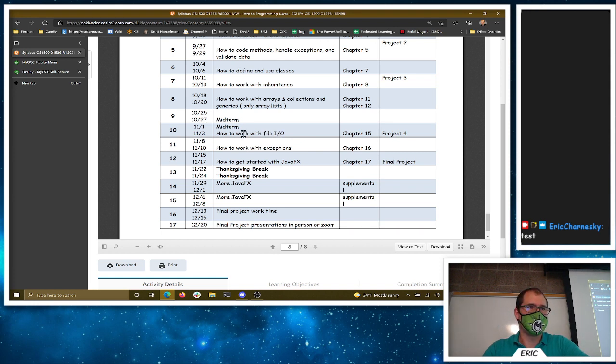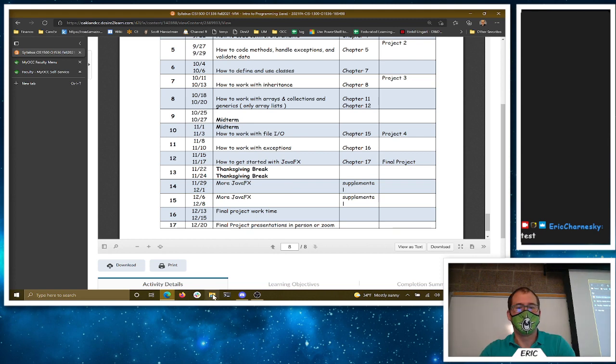The chapter goes over two types of files. The first one being text-based files, which is what we're familiar with. You open up a file, you can see the text inside of it. So all the stuff we've done so far in Java has been text-based files. All of our .java files are text files. You can open them up and look at them. The other type of files are binary files, where there's some specific format of the way that the data is written to the file, and you can't just open it and look at the text, because there's not just text